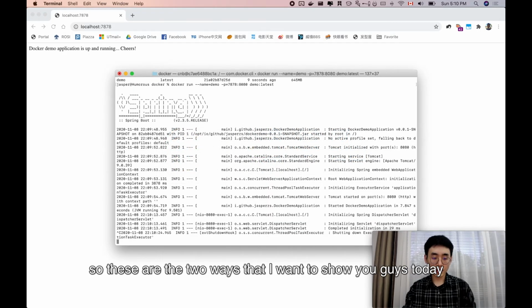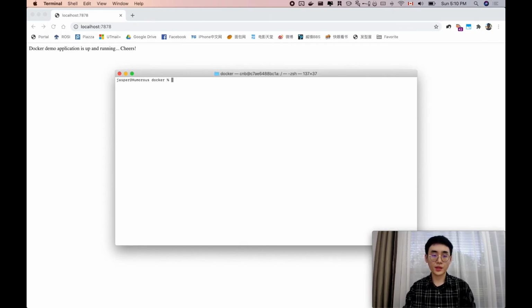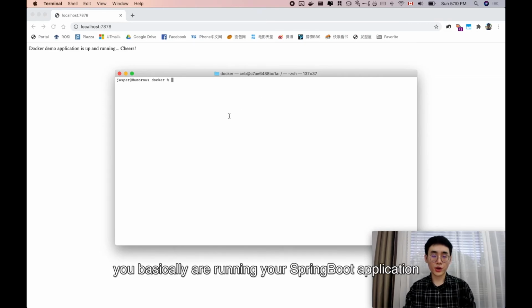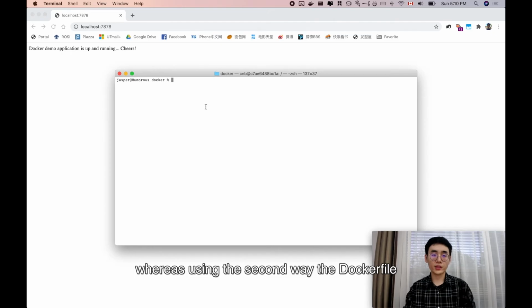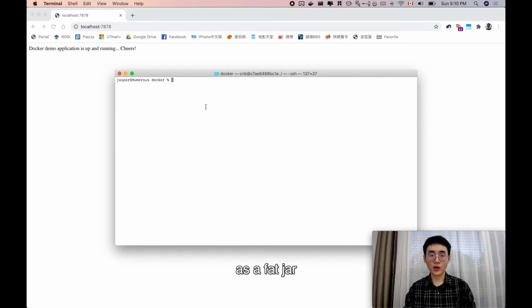So these are the two ways that I want to show you guys today to containerize your own Spring Boot application. And just a side note, the big difference that I want you to take away is that using the first way, you are running your Spring Boot application as an exploded jar, whereas using the second way, the Dockerfile, you are running your application inside a container as a fat jar.